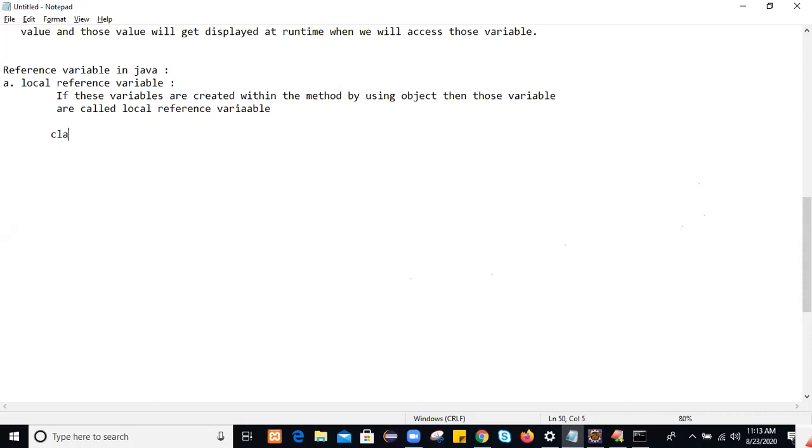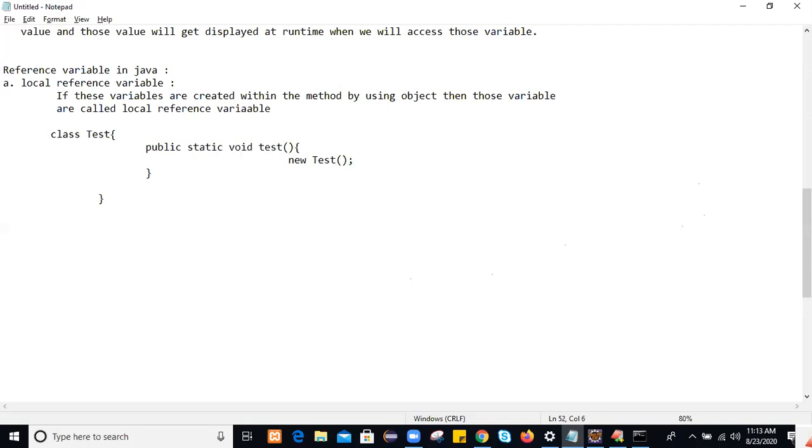Let's suppose you have a class Test. This is the class area, and within this class area you have one function, that is called a method, public static void test method. Within this test method you created an object, by using the new keyword followed by the class name. On this object we create a reference.